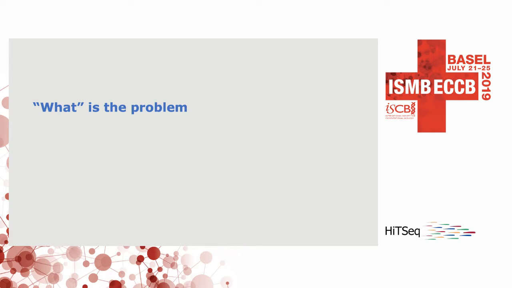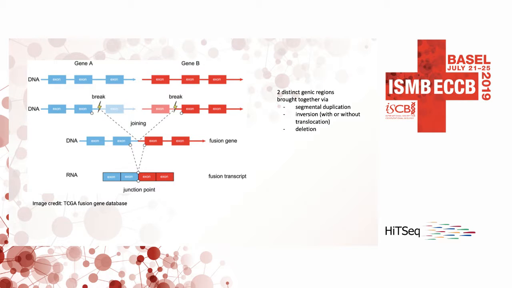So what is the problem here? This is a nice figure from the TCGA. What this shows is, from the healthy situation, you can see gene A and gene B. They are being transcribed independently into 2 different genes. And in the case of segmental duplication, inversion, or deletion, you can see there's a break in the exon or at the exon boundary or intron region of gene A and gene B. Then the 2 transcripts get fused together. As an outcome, there's a new RNA being formed, and many of these are translated to a